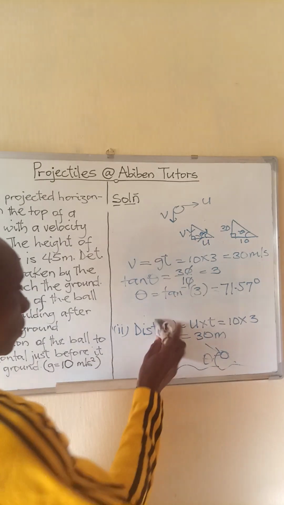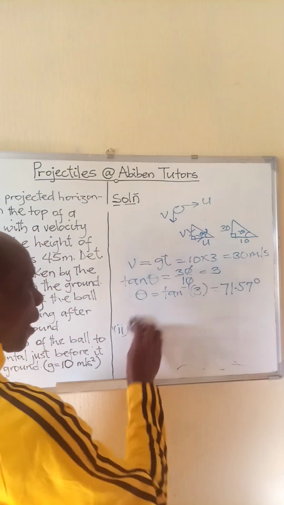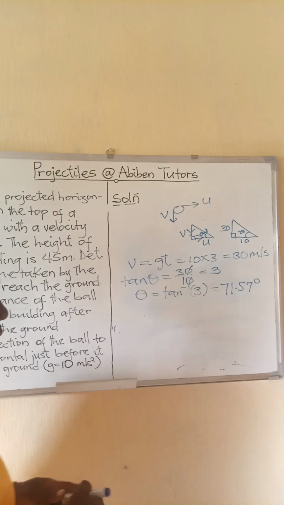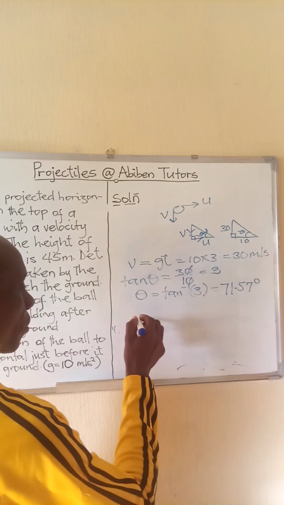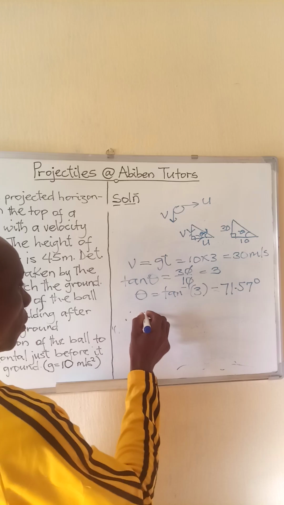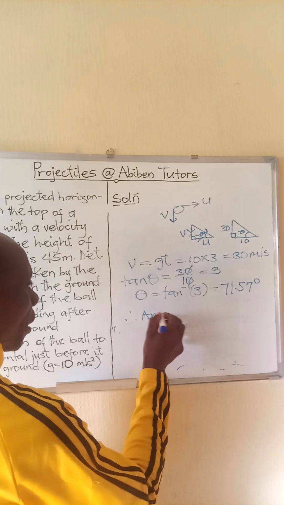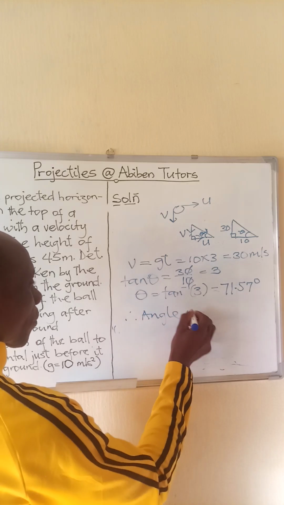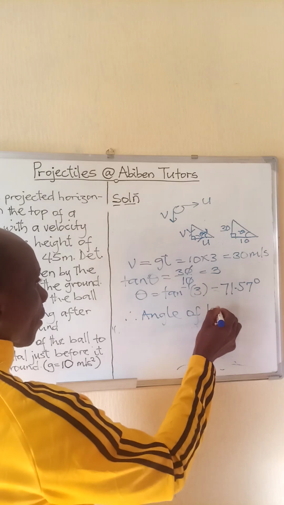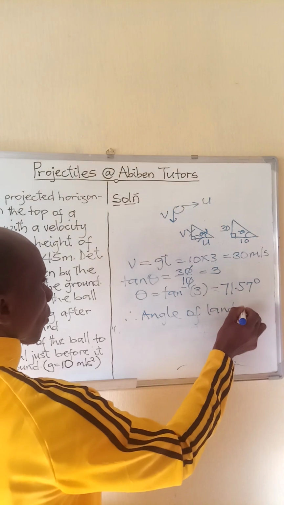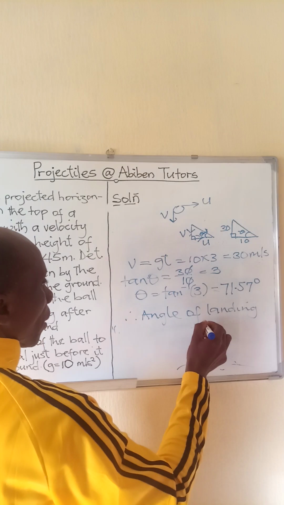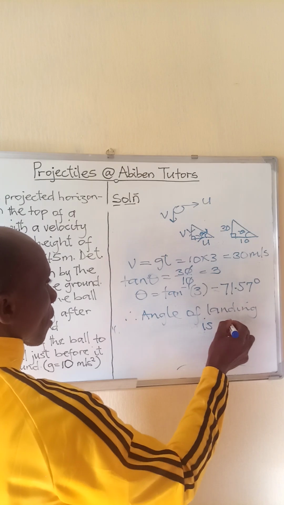Therefore, the angle with which the ball lands is 71.57 degrees. We can call this the angle of landing. Angle of landing is